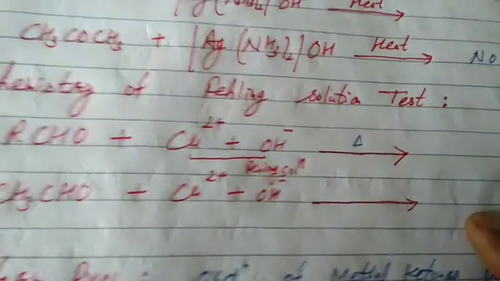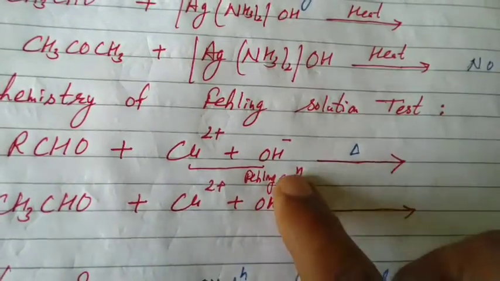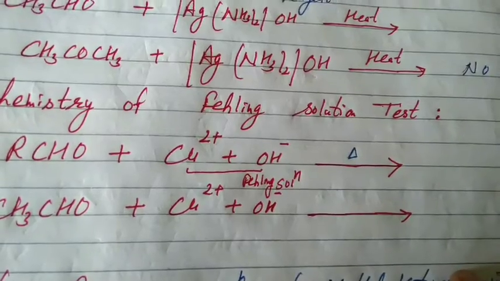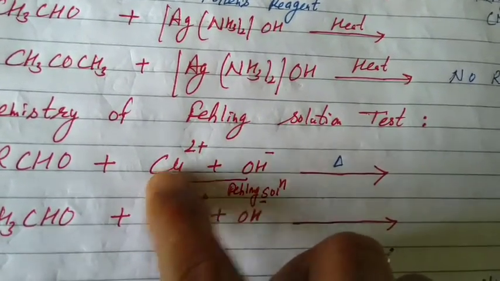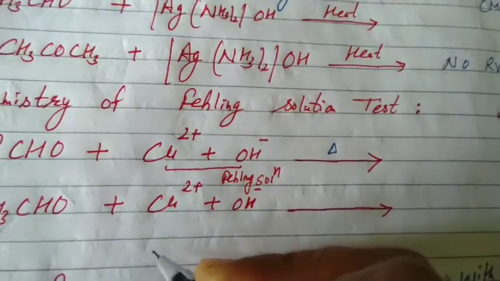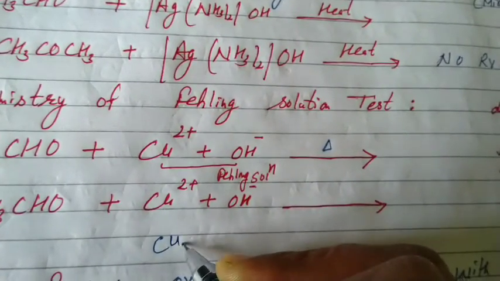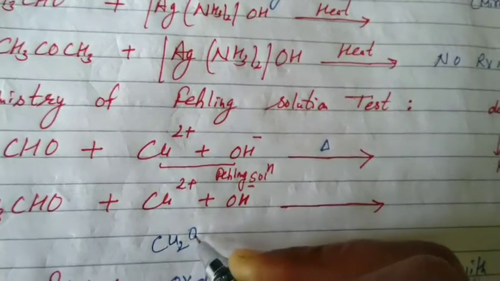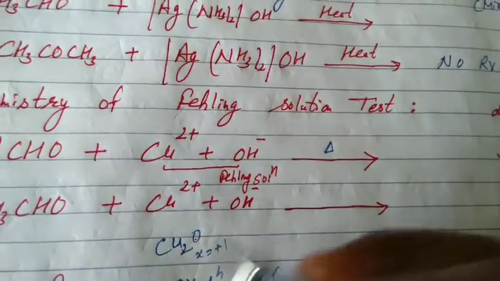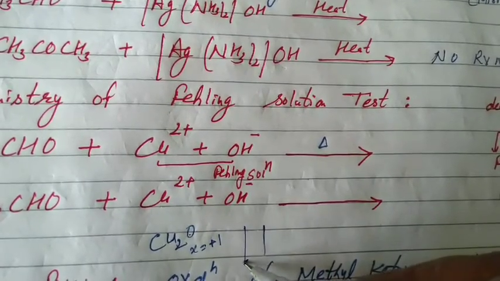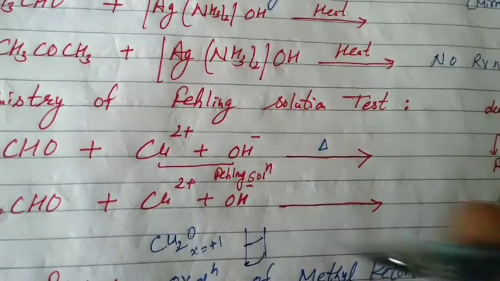Please look here. What will happen? It is a weak oxidizing agent, it oxidizes aldehyde to acid. Itself is reduced. When it is reduced, it changes from copper 2+ to copper 1+, that is cuprous oxide. You know what is the oxidation state of copper in cuprous oxide? 2x minus 2 equals 0, x equals plus 1. Itself is reduced. What about the carbonyl compound ketone? When we add Fehling solution, there will be no action.